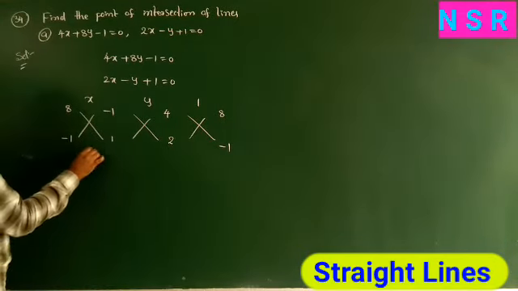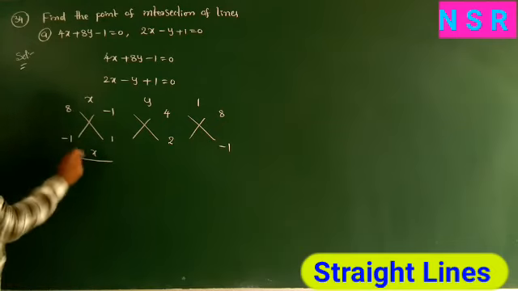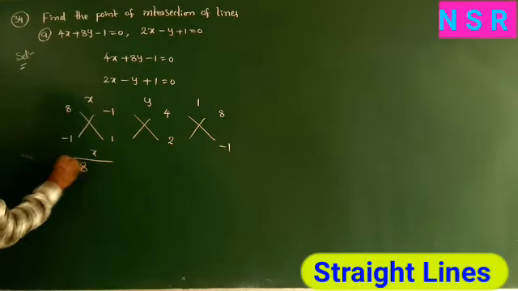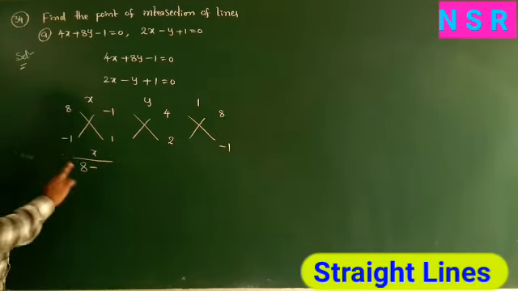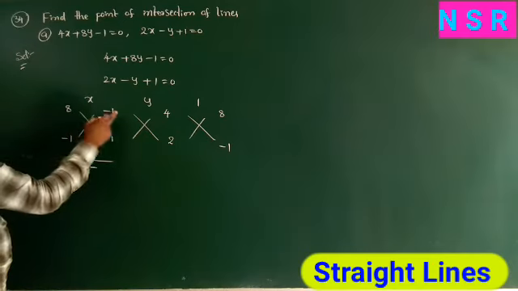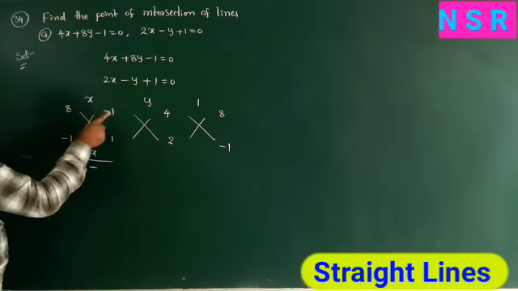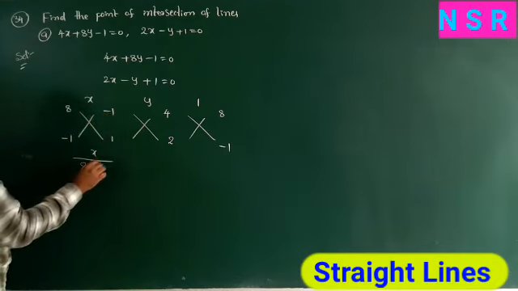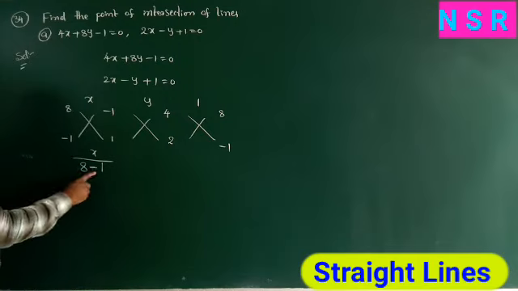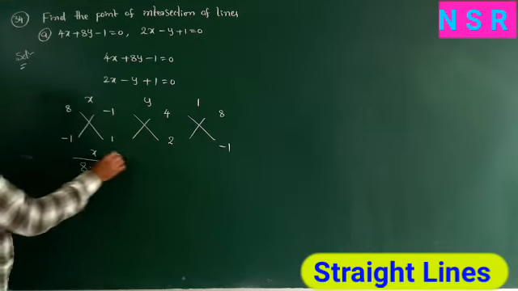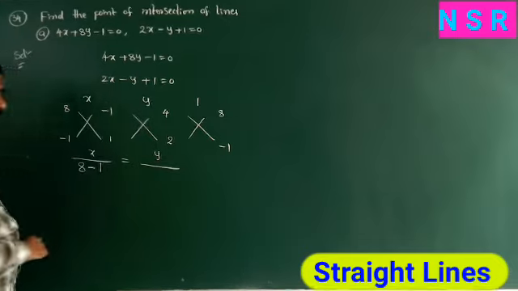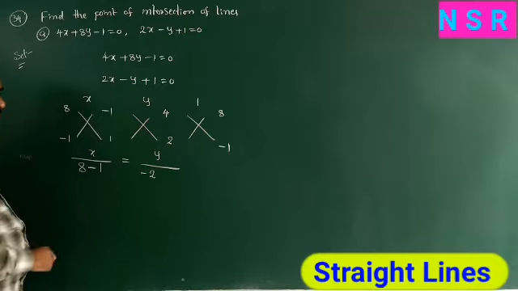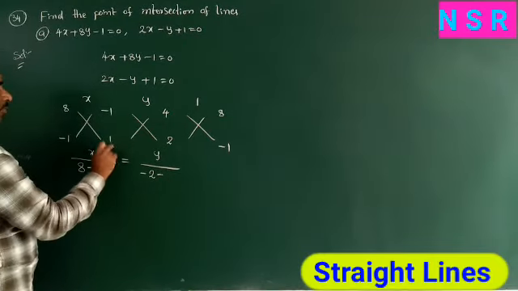So listen, here x by. This is the method, right? Next x by: apply AD minus BC, 8 into 1 is 8, minus, in the formula we have minus, next B into C. B is minus and here also minus, minus into minus is plus, 1 into 1 is 1. Plus 1, so AD minus BC is 8 minus 1. Next y by: AD is minus 1 into 2, minus 2, minus BC, 4 into 1, 4.